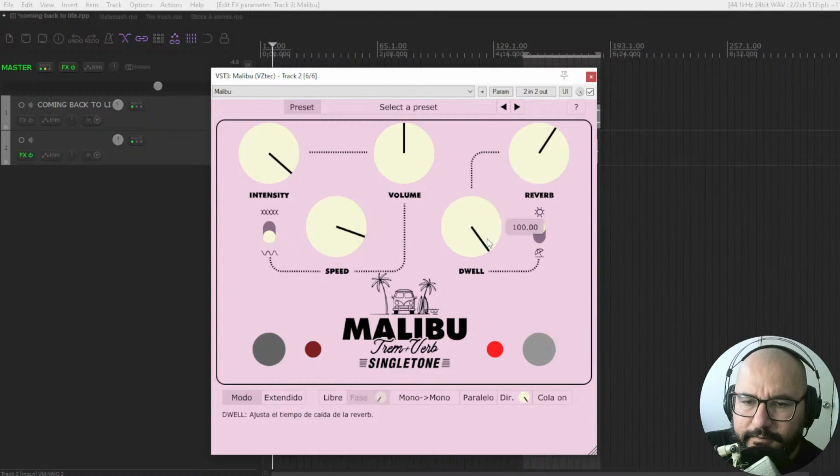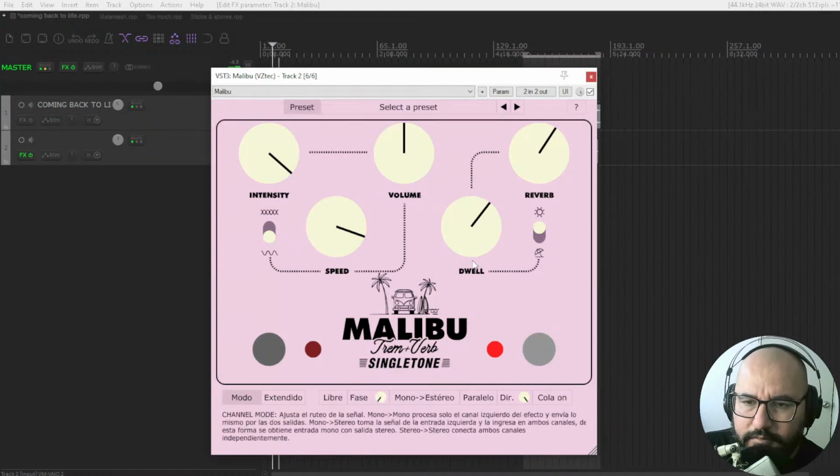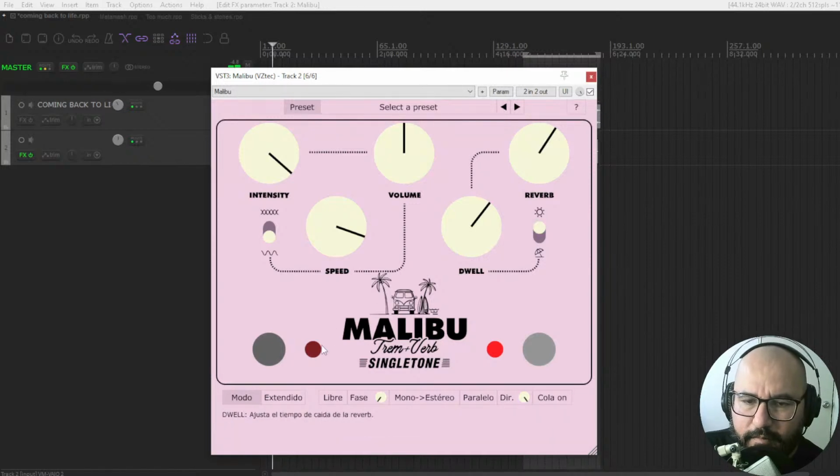Longer decay, brighter, darker, right? I love it in stereo, by the way. Awesome, right? And combined,